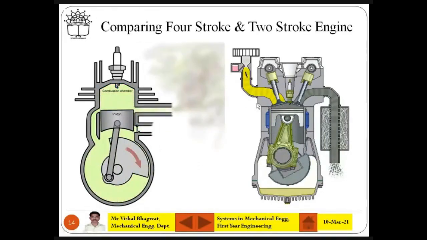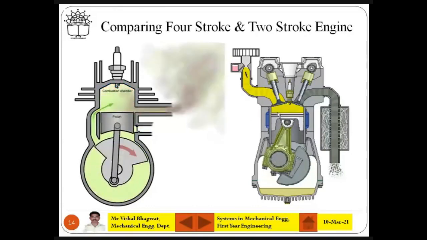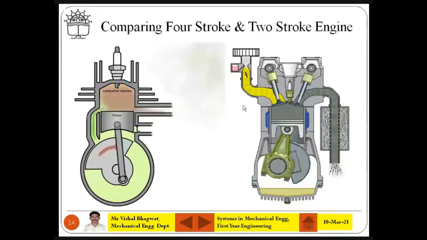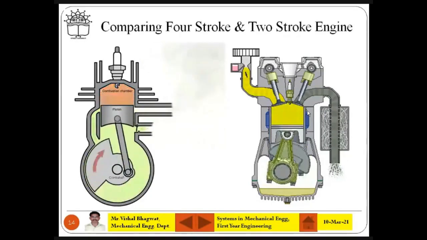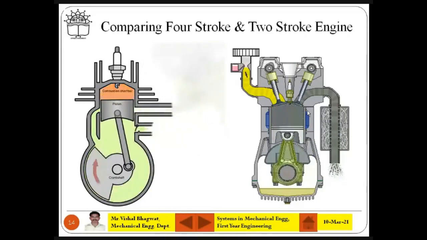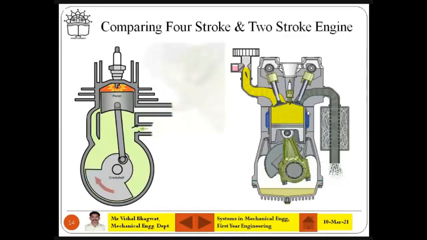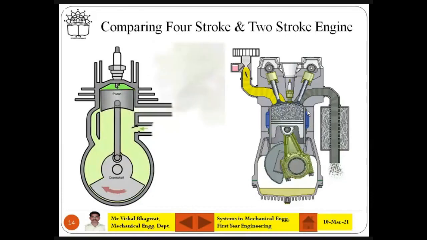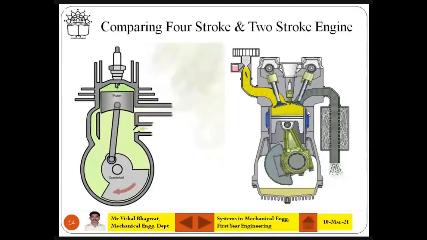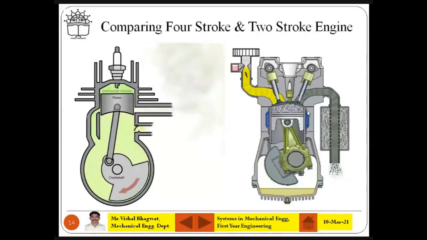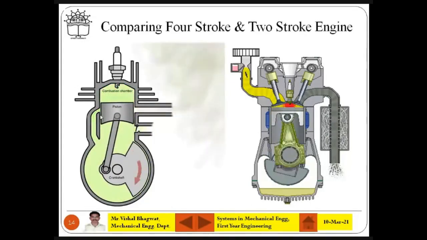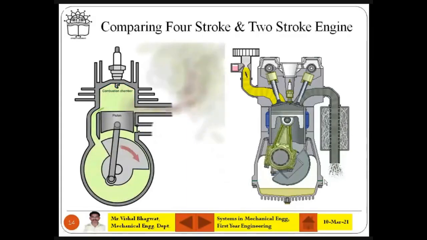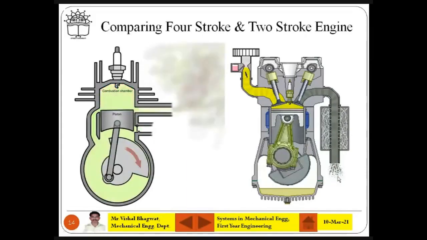Heat is converted into work to the maximum extent we can. That's why the overall efficiency of the 4-stroke engine is high, but its power is less compared to the 2-stroke. Why is power less? Because there are 2 rotations of the crank in the 4-stroke and 1 rotation of the crank in the 2-stroke. So with the same engine capacity, you get more power from the 2-stroke engine and less power from the 4-stroke engine. Is there any doubt? Tell me quickly.